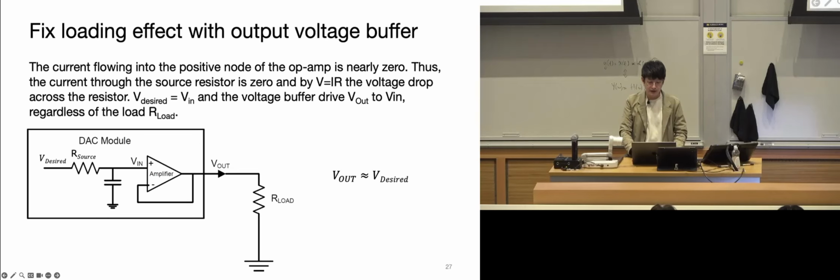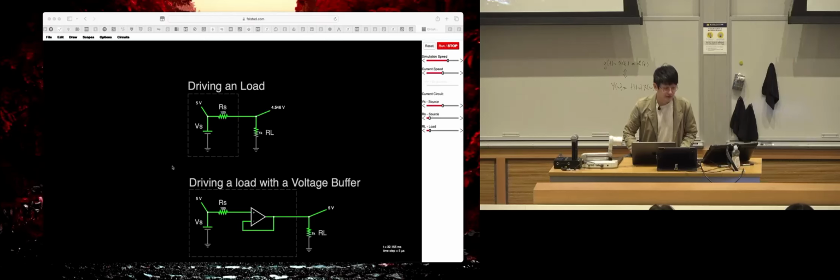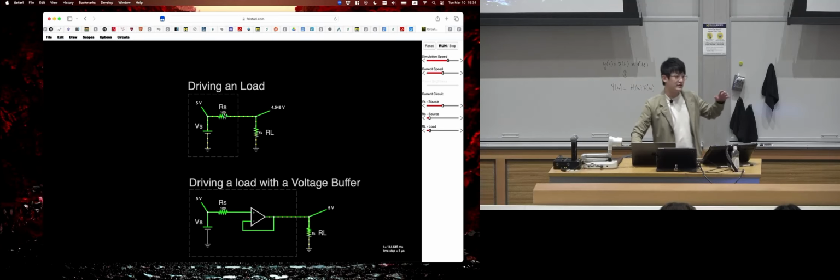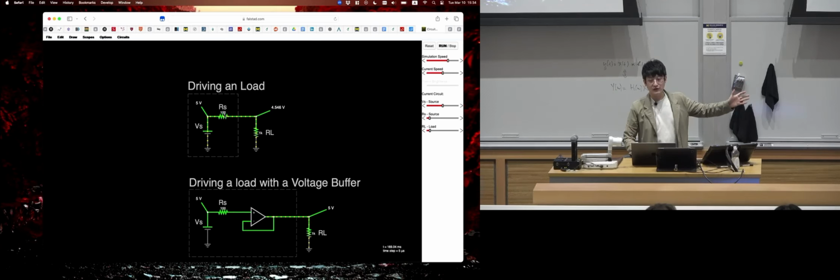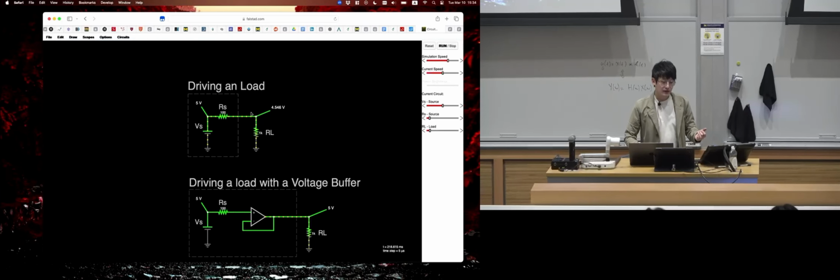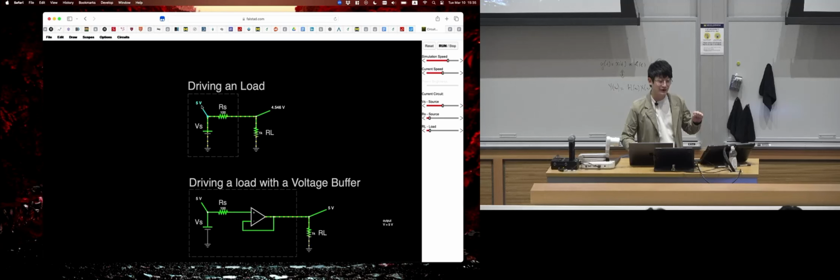And we actually have a circuit built for you to show you the difference. Okay, so let's say this is just a normal naive DAC output, and the R source, the source resistor, is say 100 ohm. This is something that you typically can't change because it's just some internal resistance from your system. And this load currently is 1K, which is not too bad, right? We reach, what's the value? 4.5 out of the desired value 5 here.